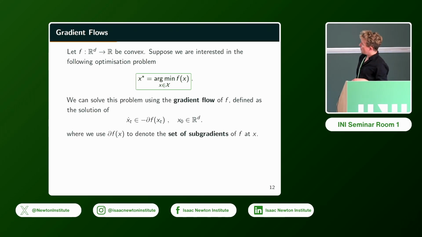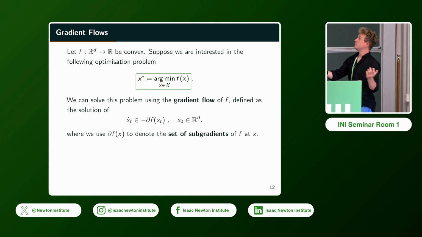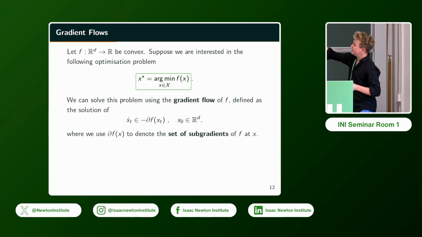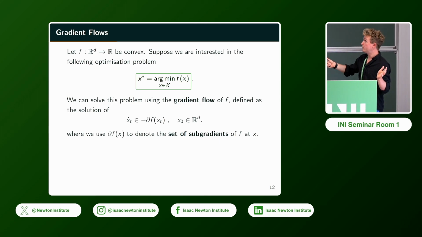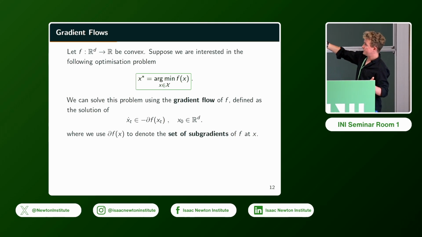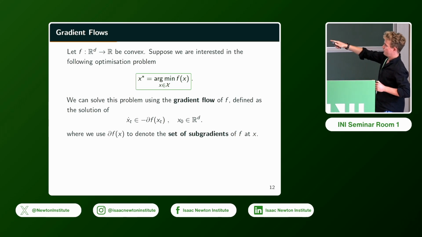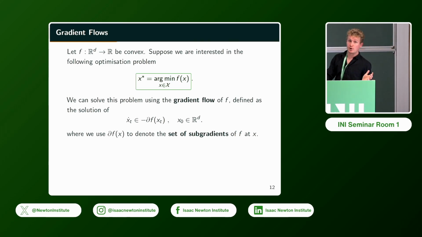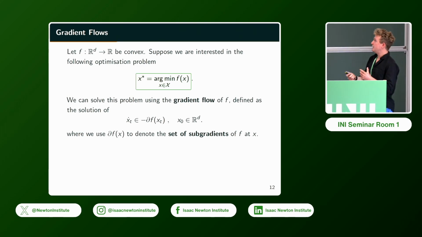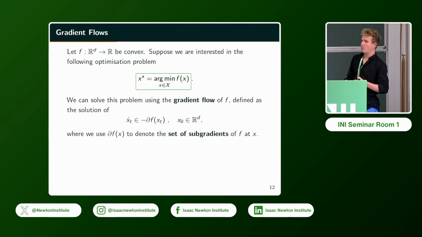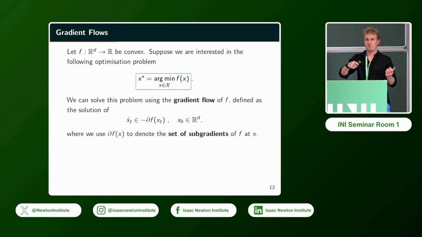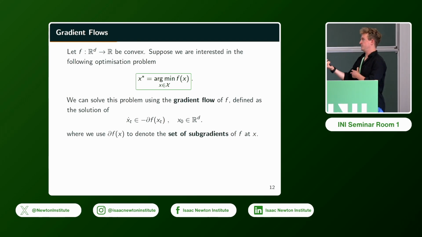So here's our problem. How do we solve this thing? Well, in general, we can solve this problem using the gradient flow of f, right? And here I've just given a slightly more general form than what you might be used to, which is, in particular, a differential inclusion, where the right-hand side allows us basically to work with functions which are not differentiable everywhere. So this partial f of x denotes the set of subgradients of f at x. And as I say, this means that we can still apply this gradient flow when we have, say, a function like the absolute value of x minus 10. And this thing obviously isn't differentiable at a point, but you can always define these subgradients for convex functions.